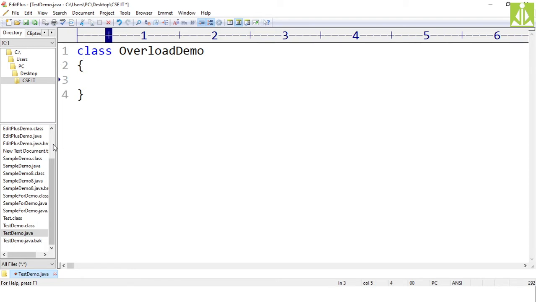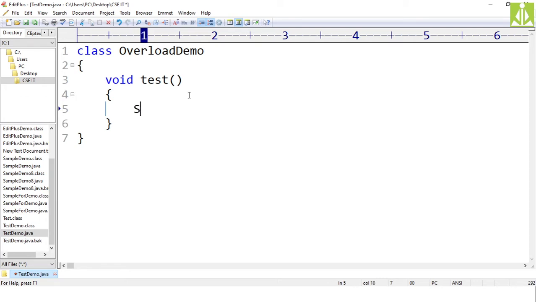Inside it, you put one method with the name test, and I'm giving this test without any parameters. You have to observe that I'm not passing any parameters to this test method. It has the return type void, but it does not have any parameters.